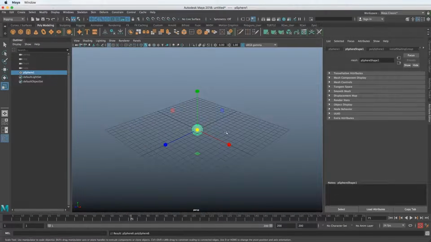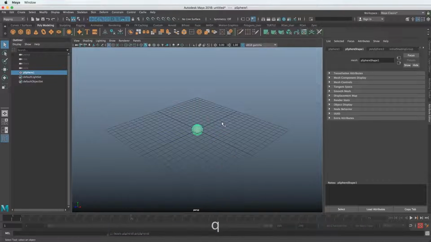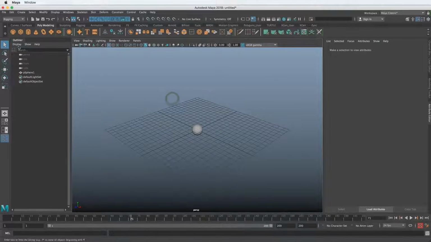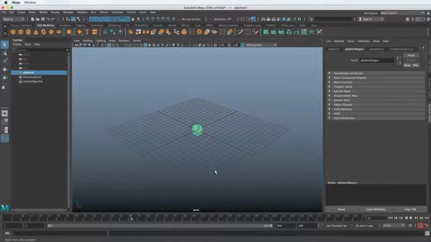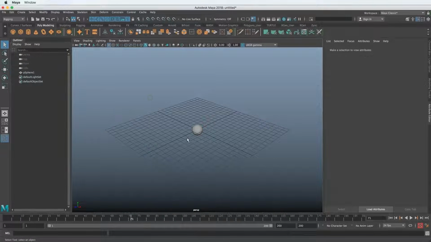Now that we have the sphere, you can see that there are these squares and different things going on here. So let's take a look. The way that we manipulate things in Maya is basically through several different tools. One of which, as you may have already seen, by hitting Q, you can get to the select tool, or you can select it up here. It's just the cursor option. I can select the object here just by left mouse clicking. I can also select it from the outliner here.